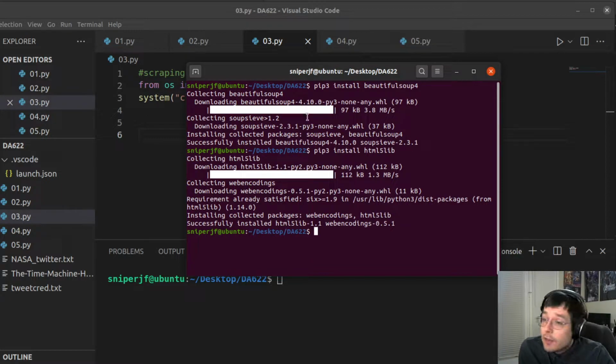It took seconds to install. I installed two packages, one of them being BeautifulSoup 4, and the other one being HTML5lib. This is the main one that you want, but I also recommend you get this one. I will be using both today, so please make sure that you have them installed. I just did pip3 install BeautifulSoup 4 and then pip3 install HTML5lib, and as you can see, this is what